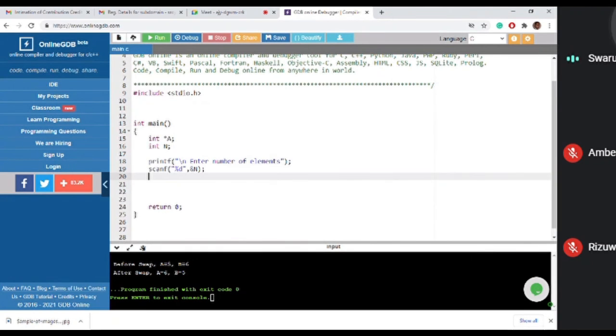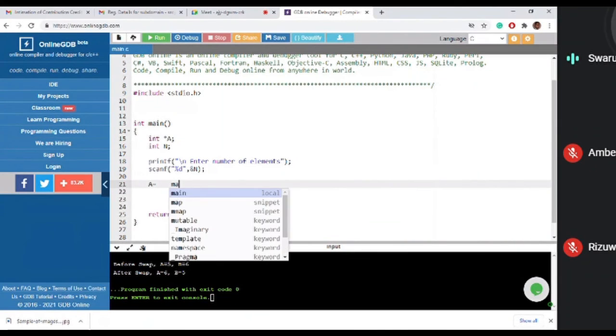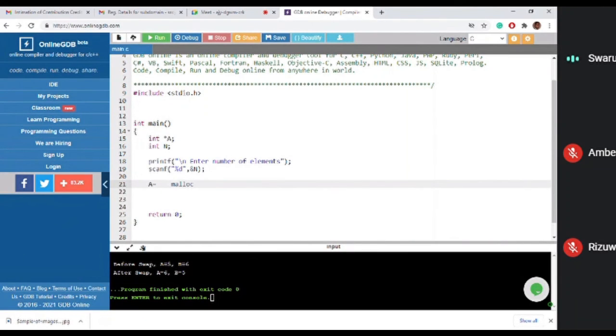तो ये ले लिया, लेने के बाद कैसे क्रिएट करेंगे? ठीक है, मैलोक दिखा रहा हूं मैं। मैलोक फंक्शन कॉल कर लिया। मैलोक क्या लेता है?